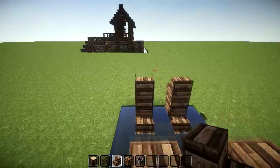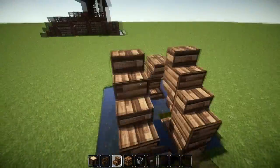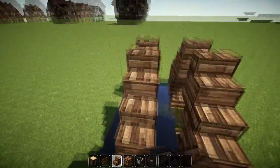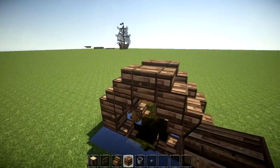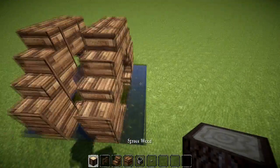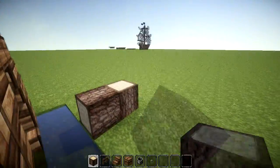And these ones here. And then you get your upside downs. And then your normal, like that, and then just a block to finish it off. So that gives you the kind of basic wheel. Now what I actually advise doing is finding the middle of it and grabbing a log, whatever type of log